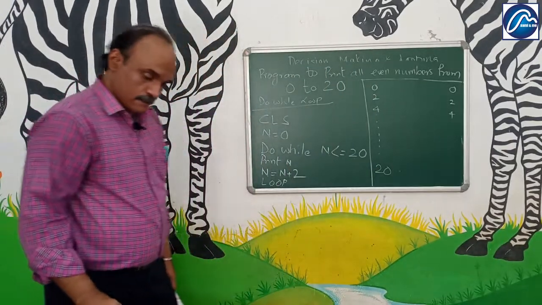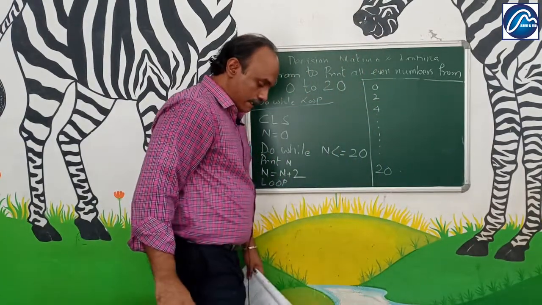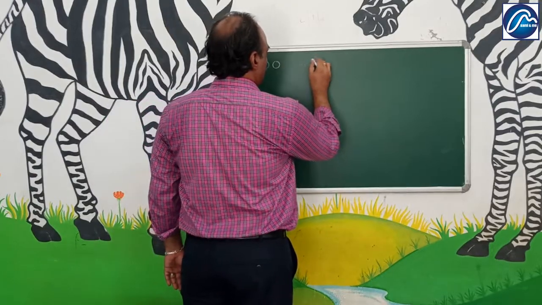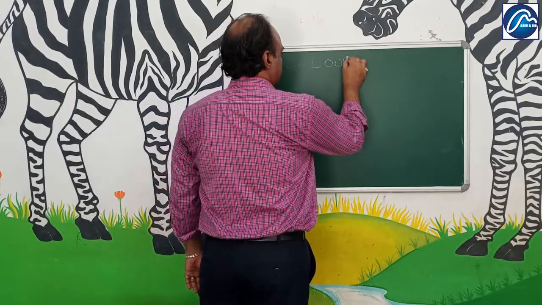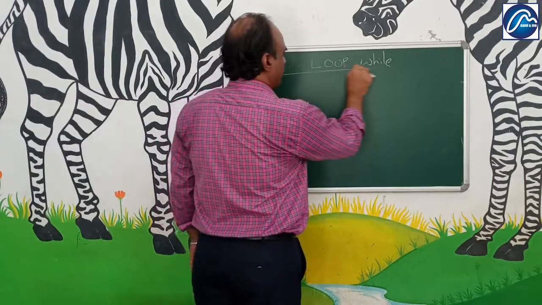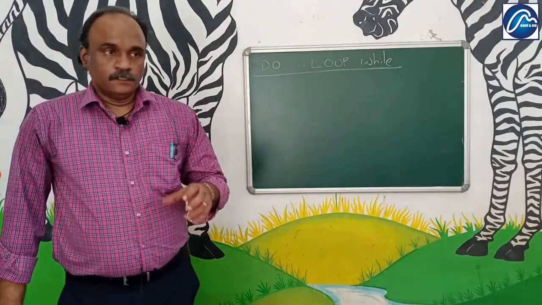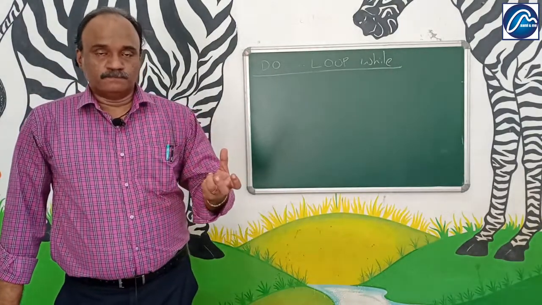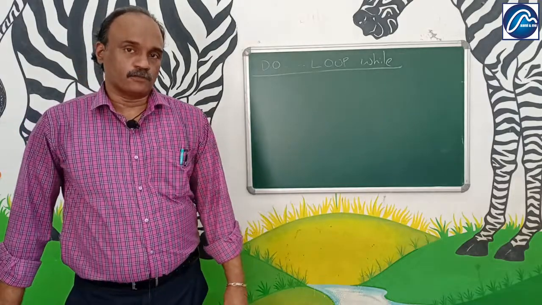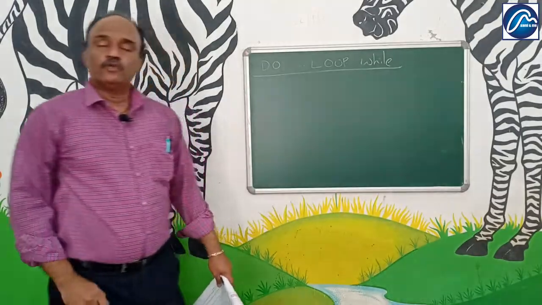Understand? This is about the do while loop. Now this is also one form, do loop while. These are different types of looping statements. There is no need for any confusion, because once you start doing the practicals, or if you have a laptop at home, install QBasic and try these programs, these things will be much easier for you. This is also one type of looping statement, do loop while.